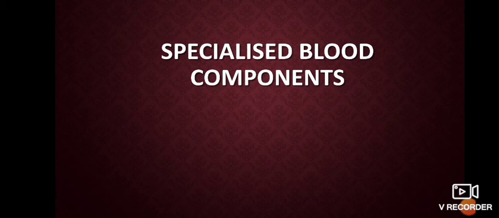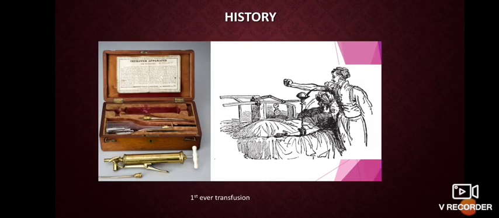And today's discussion will be about a proper transfusion medicine topic regarding specialized blood components. Starting with a little bit of history, this was the animated picture of the first ever transfusion that was made, and the apparatus which they used for transfusion was impeller and gravitator. They used the simple concept of gravity of blood flowing from a higher altitude to a lower altitude, which they helped the movement with something called as the gravitator.